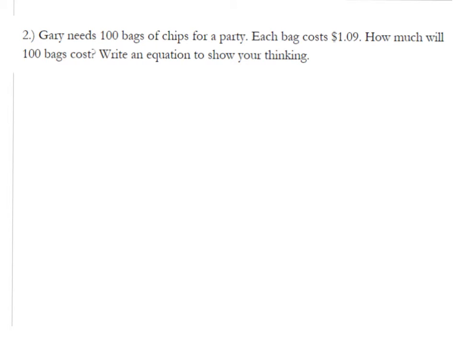Problem number 2 says, Gary needs 100 bags of chips for a party, and each bag costs $1.09. How much will 100 bags cost? Write an equation to show your thinking. Well, first thinking, if he needs 100 bags of chips and each bag costs $1.09, what do you think the operation is going to be for this problem? If you said multiplication, you're correct. So your equation should look like mine,